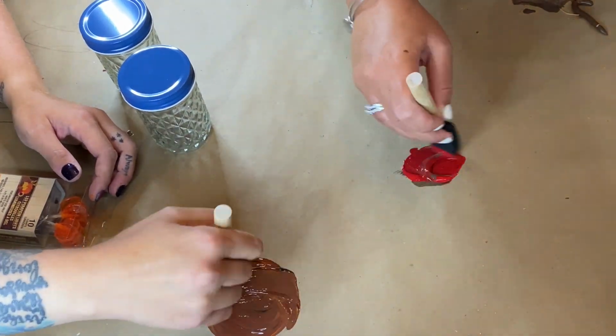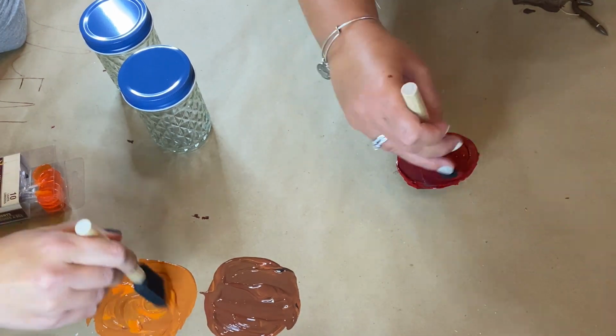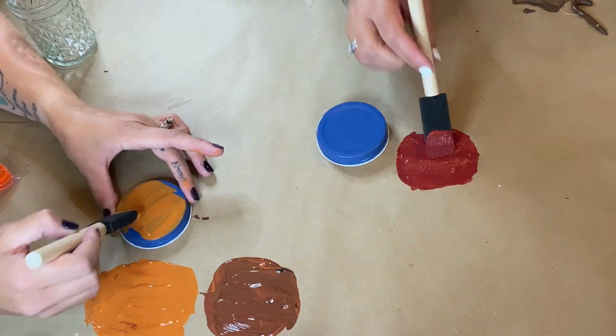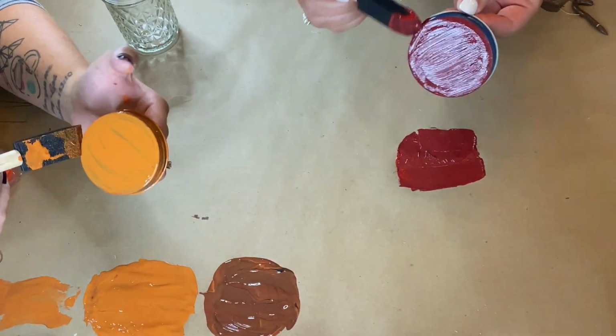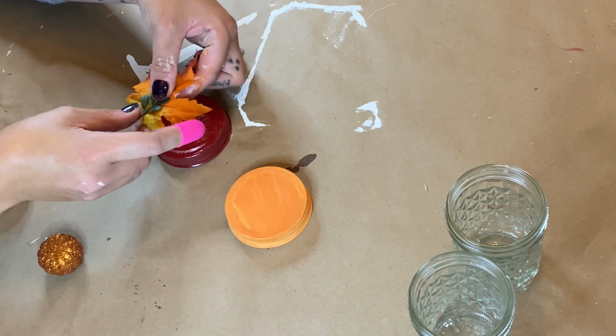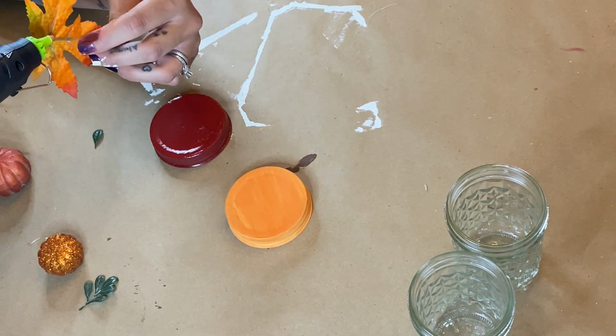Alright, so the next craft here are these cute little jars that were from the Dollar Tree. So it came in a 2-pack, 2 jars for $1. Actually, they were from the Target dollar spot. They were 2 for $3, so $1.50 each. Oh, but they do have some cute ones just like it at the Dollar Tree. So we started by painting the lids